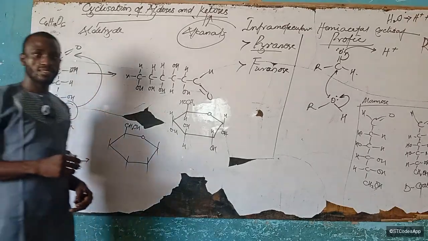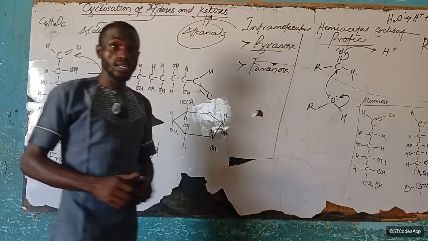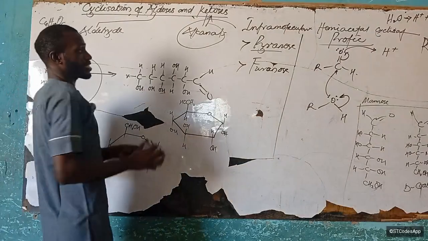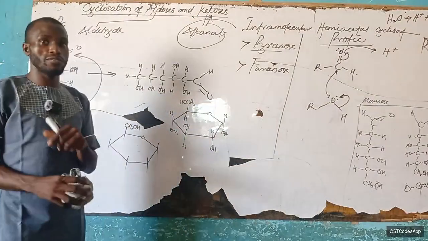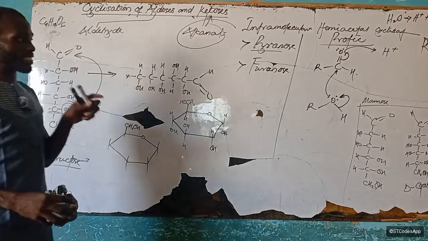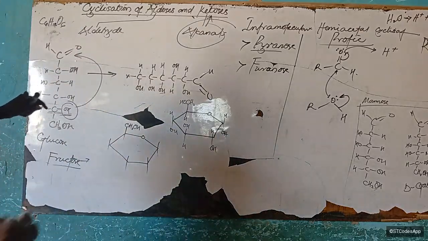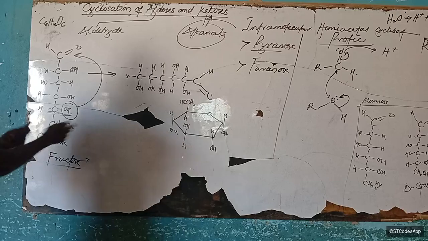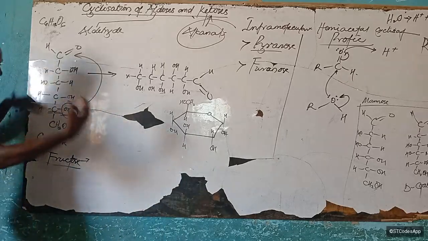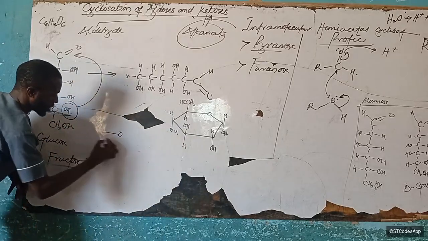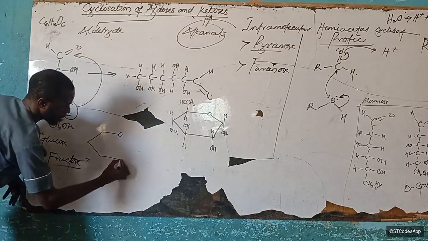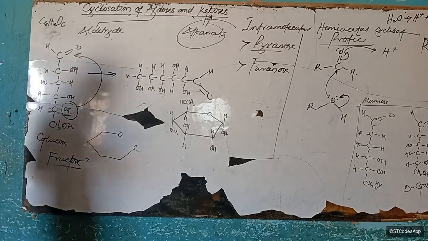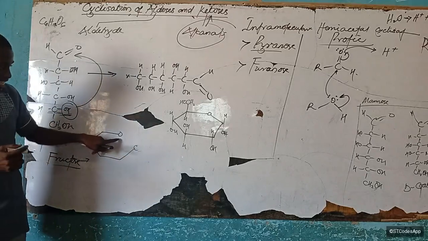Alright, let's do that. Do it. Okay. So now show the mechanism of the reaction, the mechanism of the cyclization. This is the way it cyclizes, by the mechanism. This is the way it goes. So this guy wants to attack this guy. So it is going to cyclize in this way, such that it brings this 5th carbon, the anomeric carbon, as close as possible, or in close proximity as possible,